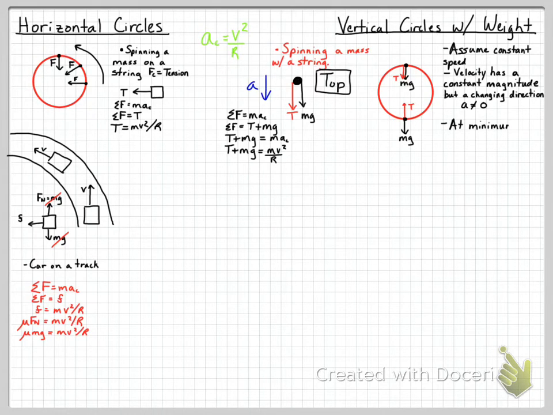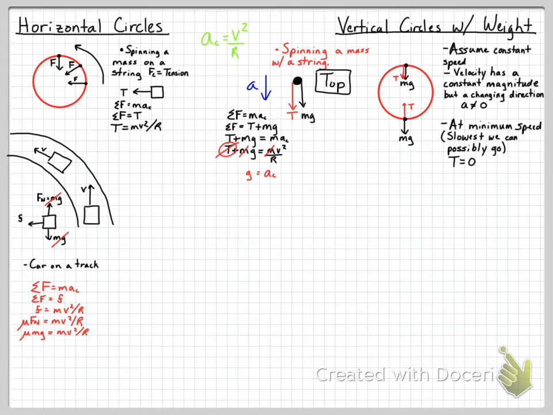But we have to talk about what would happen if we were to try to keep this object in a circle at a minimum speed. If it's at a minimum speed, the slowest we could possibly spin this mass to keep it in a circle, we would have to do that at a point where the tension would equal zero. So if that was the case, the tension would cancel out and the masses would cancel out, and we would have our centripetal acceleration equal